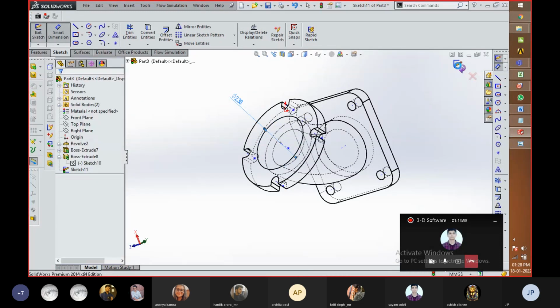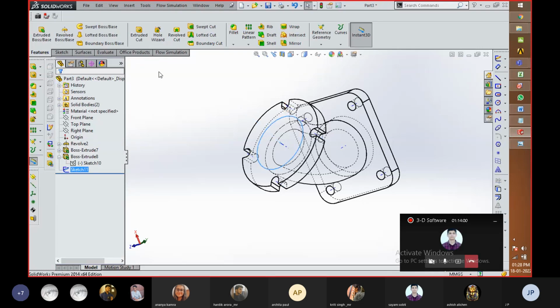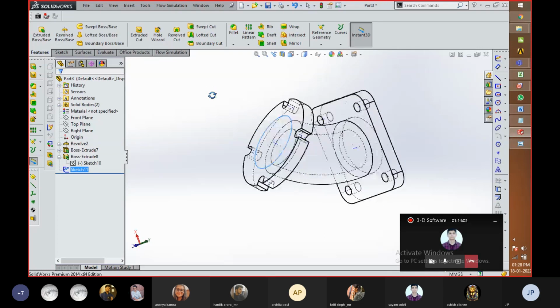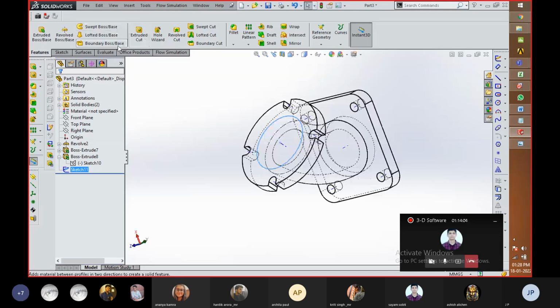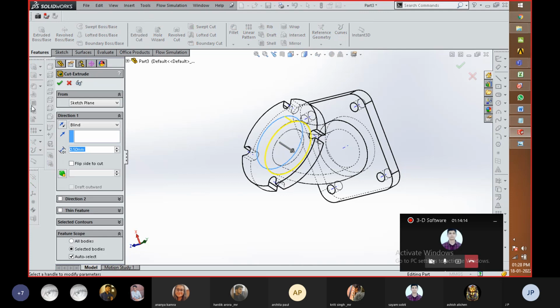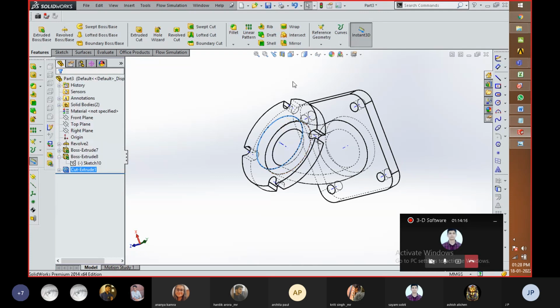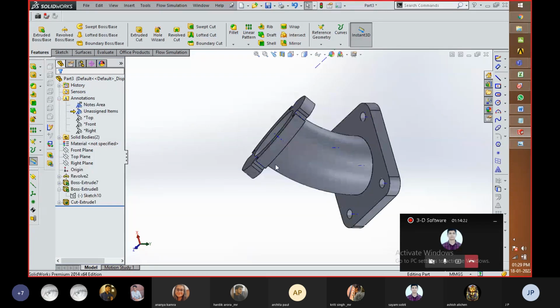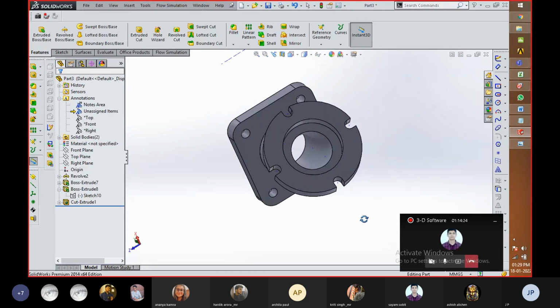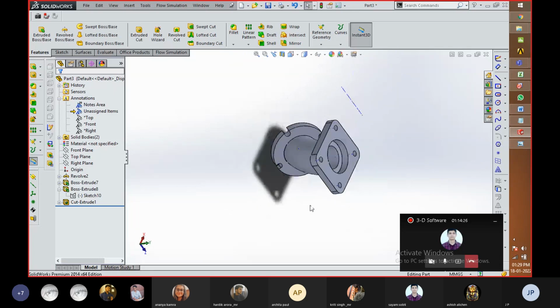Okay, and the axis may be okay. So in such fashion you can create a part of such type.